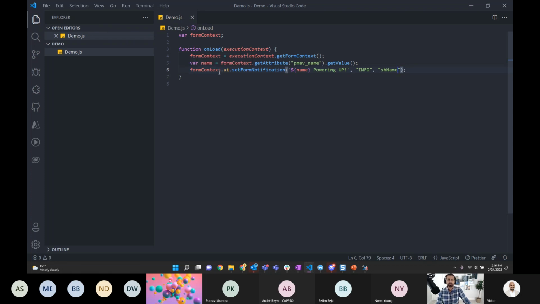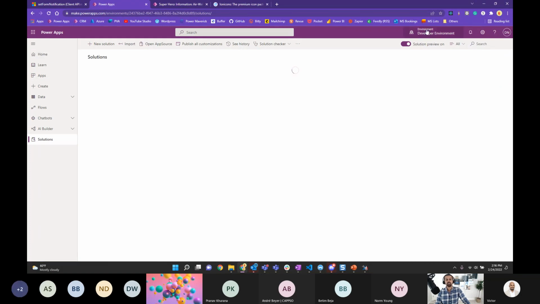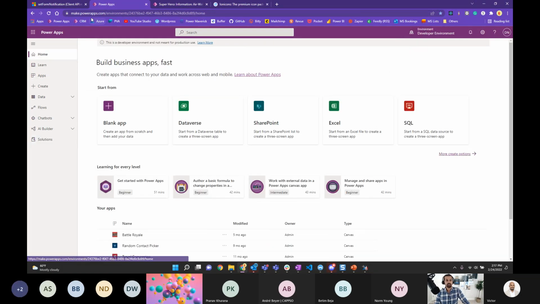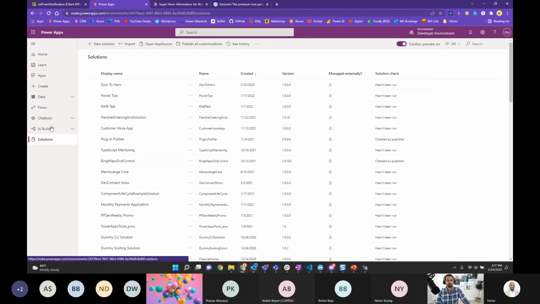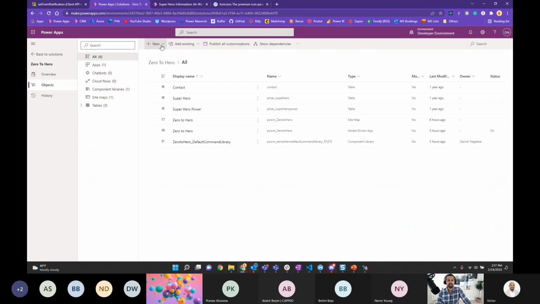Once my demo file is created, I can upload it to Dataverse. So let's go to Dataverse. Here is my solution. So this is my makers portal, make.powerapps.com. You go to your proper environment, then you go to solutions, and then you either create a new solution or open your existing solution. In my case, I already have a solution called Zero to Hero. I'm going to go inside that, and then I am going to add a new